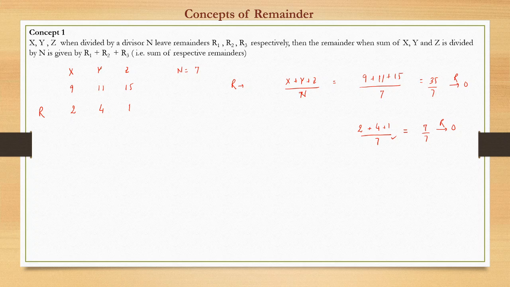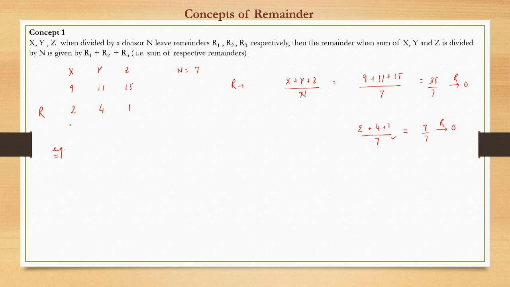So what the concept says is, if you have three numbers and you have to find the remainder when the addition of the numbers is divided by a number n, then how to move ahead? Rather than adding all the original numbers, you can add only the individual remainders of those respective numbers and get the final remainder as the answer. Suppose we take an example for better clarity.